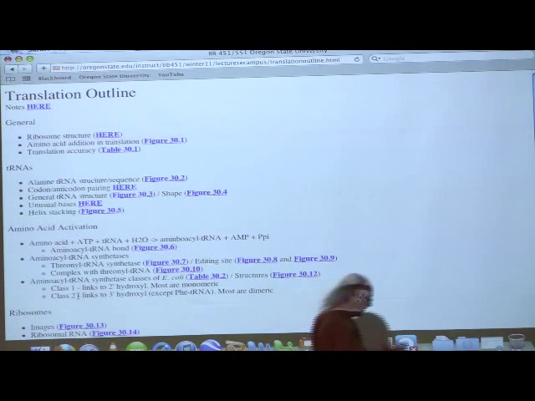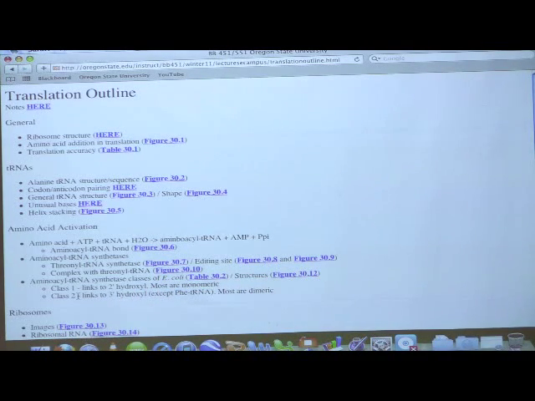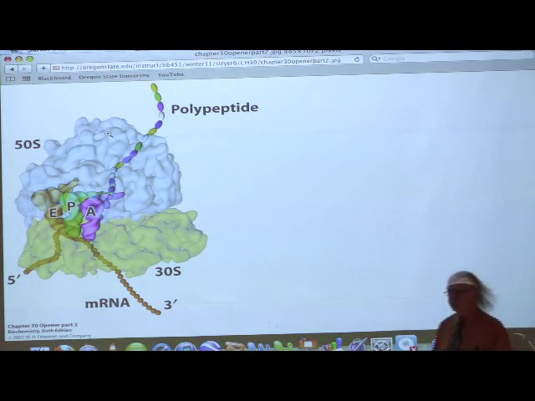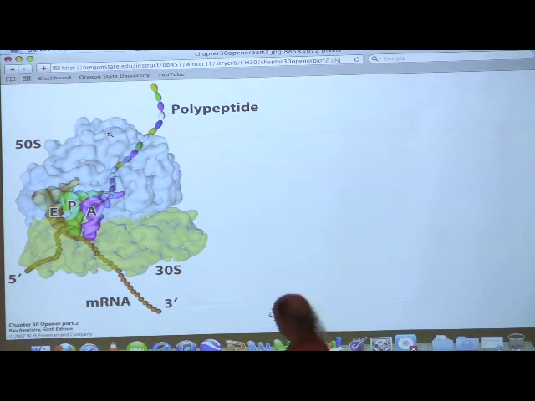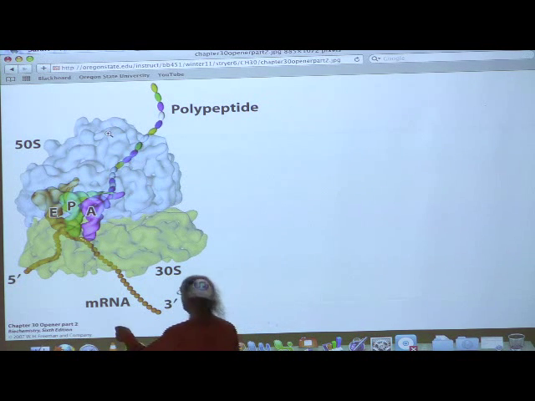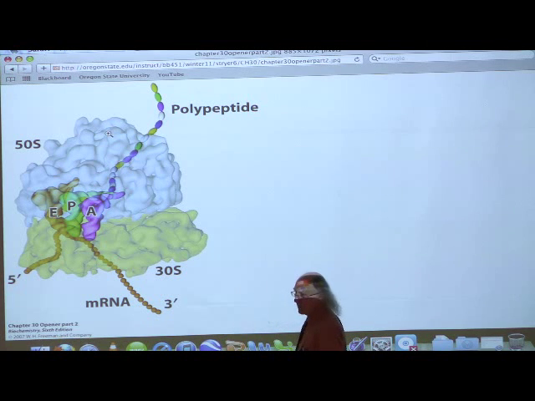I'm sure all of you know that translation involves complexes called ribosomes. Ribosomes are something that look like this. We'll say more about this structure later, but ribosomes contain about 70 proteins. They have two components, what's called a large subunit and a small subunit. Between those subunits, a messenger RNA runs. A river runs through it. Okay? Between these two subunits, a messenger RNA. So we can see the messenger RNA here snaking through these ribosomes.